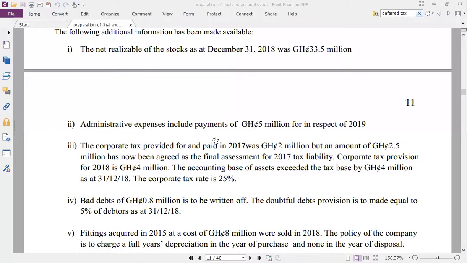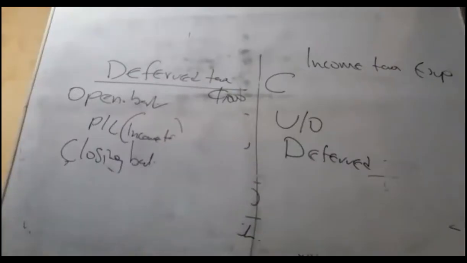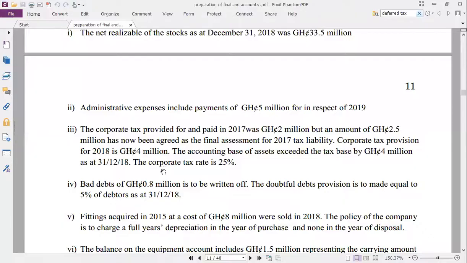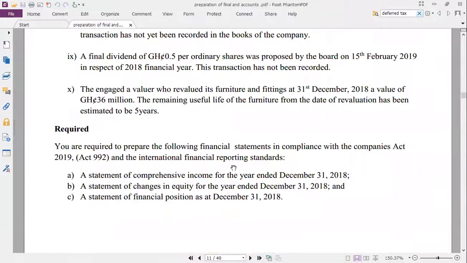So let's take it again slowly. The corporate tax provided for. But before we do that, let's get the year. Which year are you reporting? It's very important, the reporting year. So let's get it clear. Reporting for when? 31st December